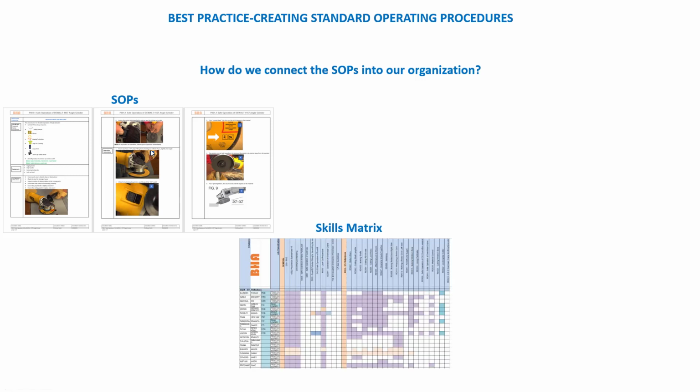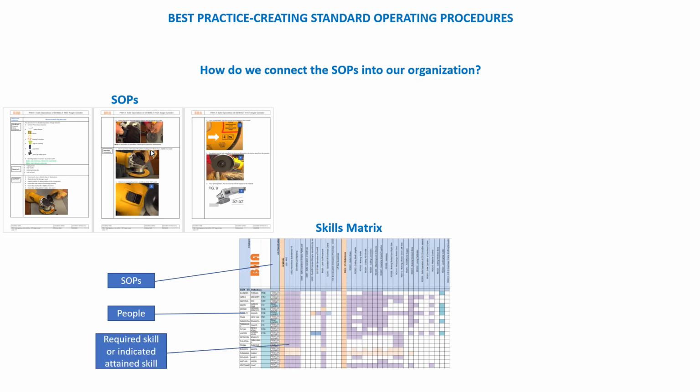This is the standard operating procedure that I showed before. We can connect it by, the first thing we do, creating a skills matrix. A skills matrix is fundamentally a training record to show where the SOP is going to be used. A typical way of setting up a skills matrix: we have a list of SOPs across the top. We have a vertical list of the people that are involved in these procedures, and then the main body of the skills matrix, we have the required skill,